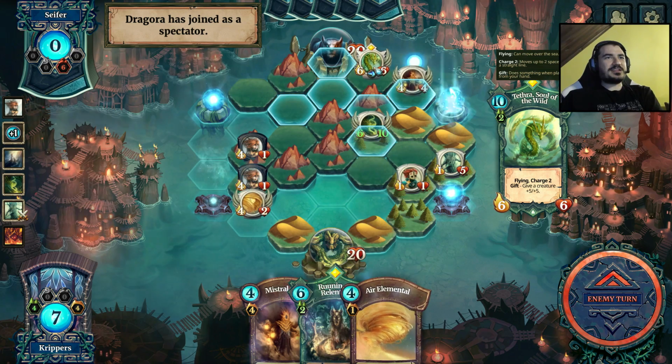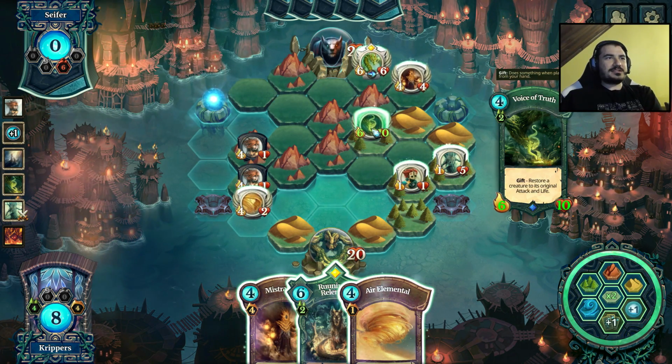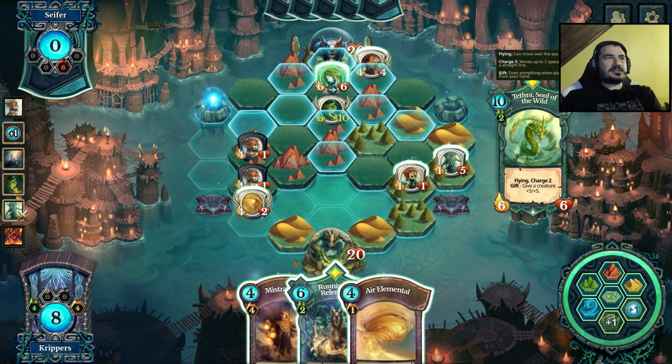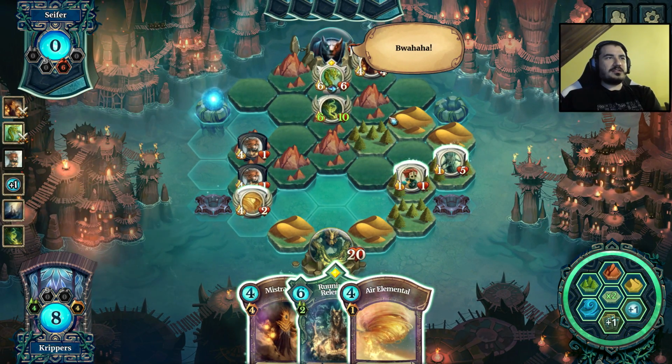Oh, I think I forgot to attack with the dragon. Alright, we're going to try to suck a little bit less here. So this can only move 1. We'll move that aside, we'll move that aside. We can hit him for 6 with the dragon, from 4 with that. And, alright,